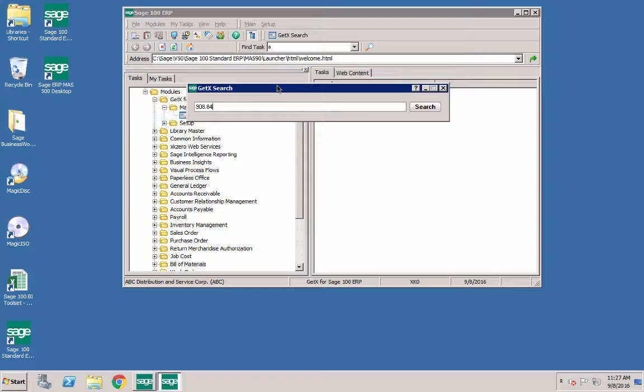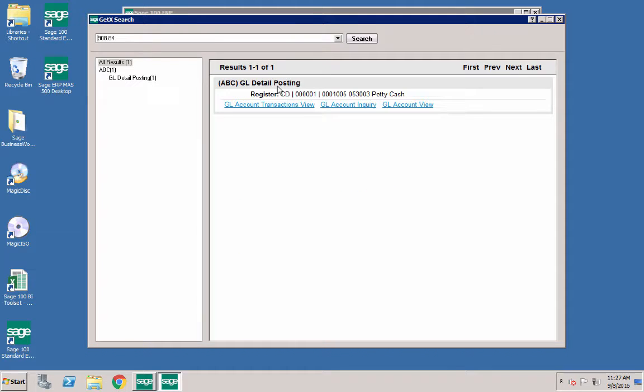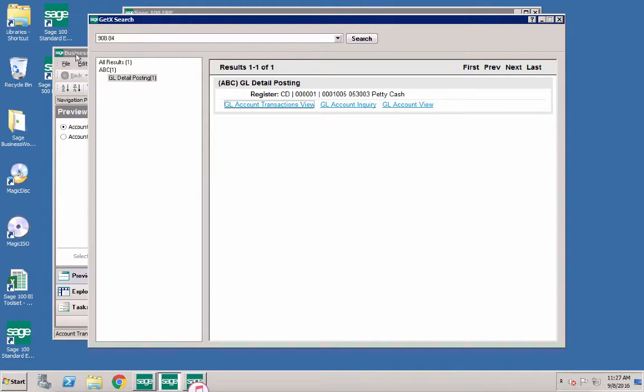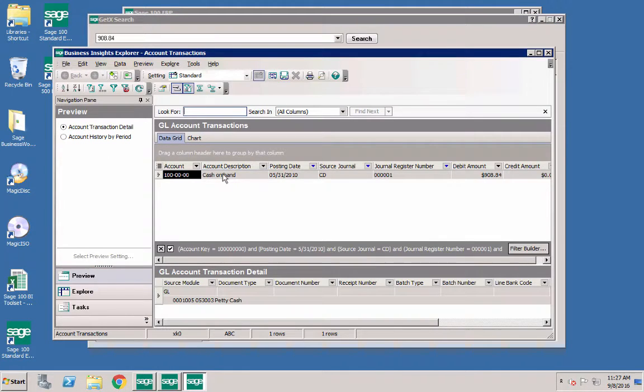Maybe I'm off on a reconciliation or something like that. So I'm using GetX Search to search for a dollar amount. It's just blasted through my entire Sage 100 database with a match on my $908.84. And even if I don't know what a GL transaction view is, maybe I'm going to get to know what it is fast, because sure enough, it found that match of